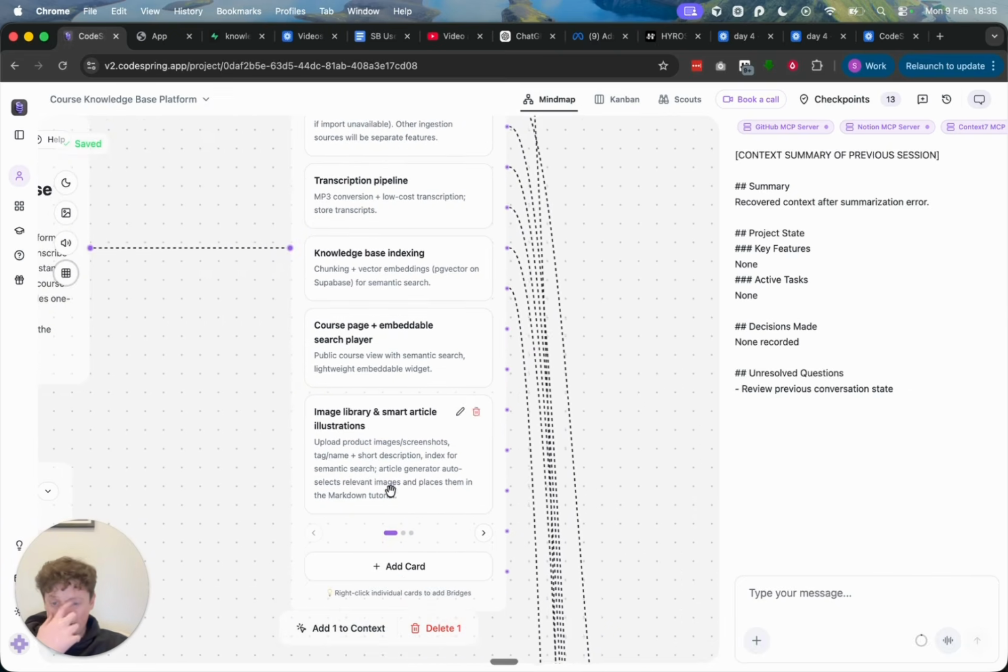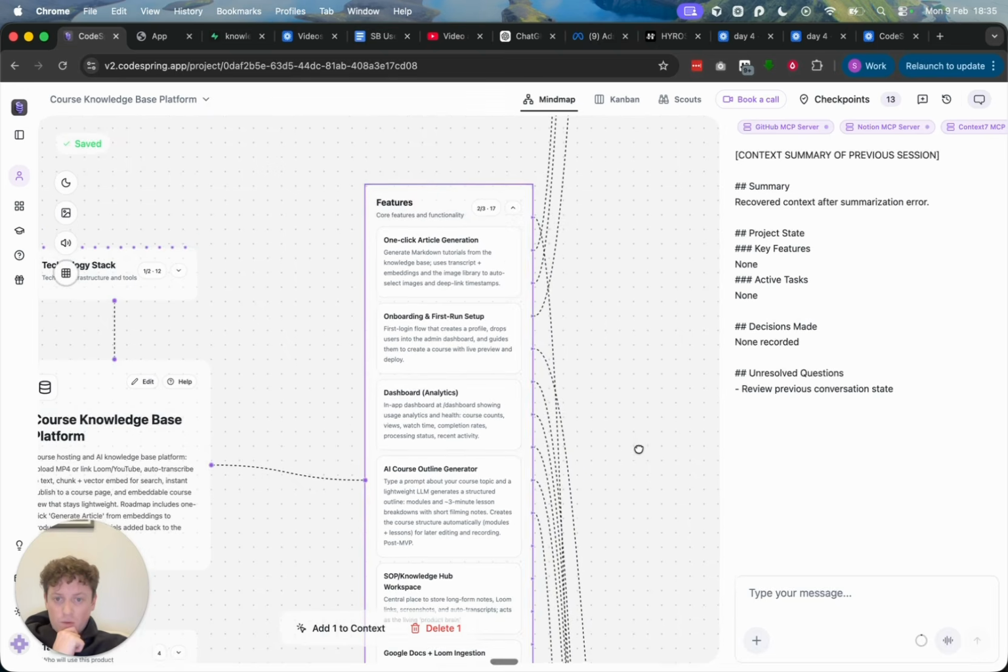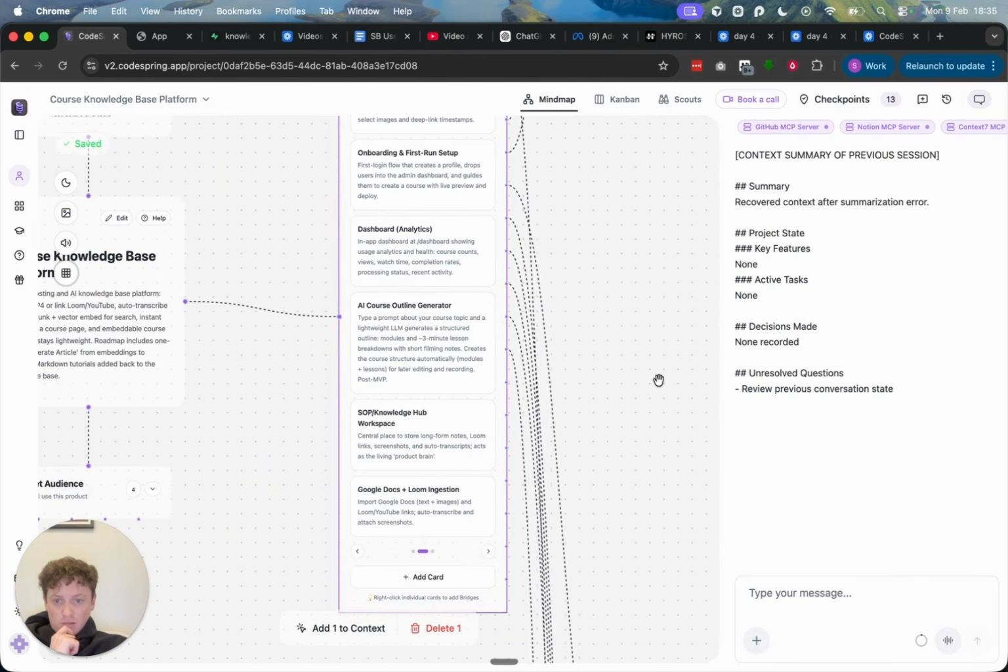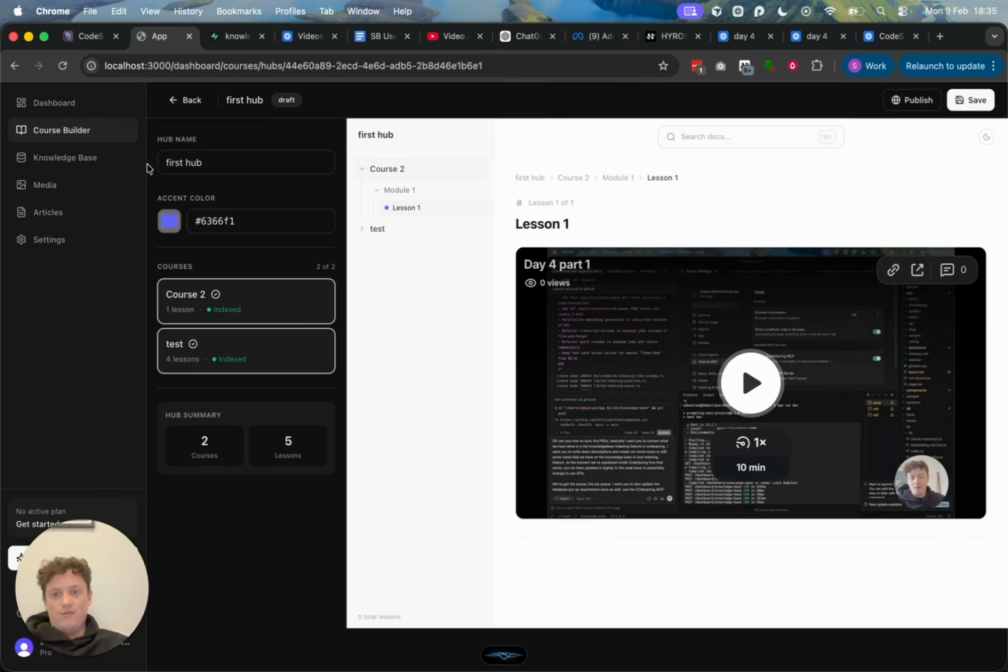We've got left the image library update. We've got one-click article generation to do, AI course outline generator, SOPs, this is a whole load of other features. So I think what I'm going to do, I want to now design an update for the